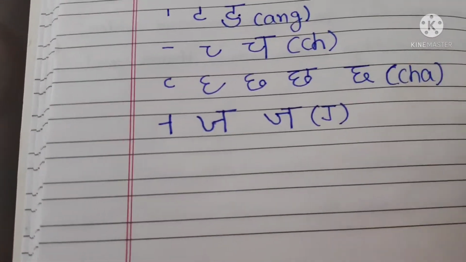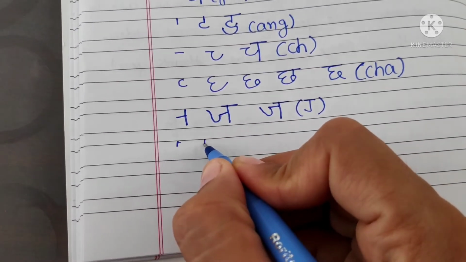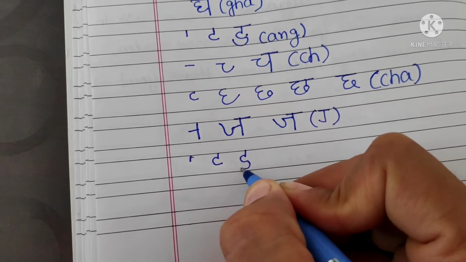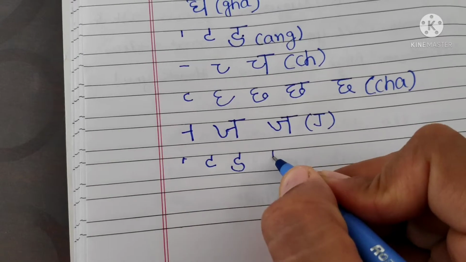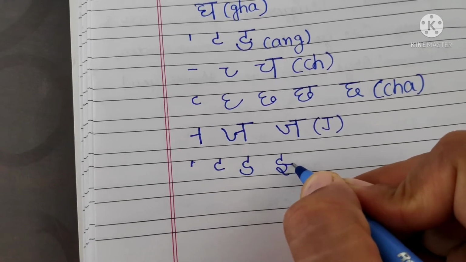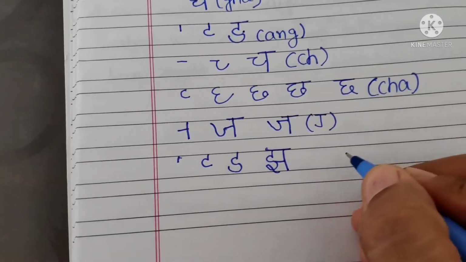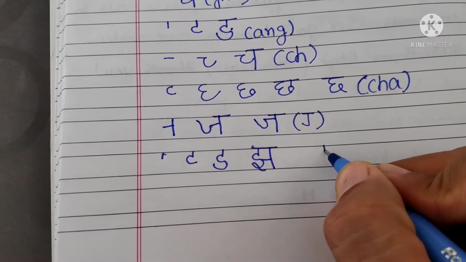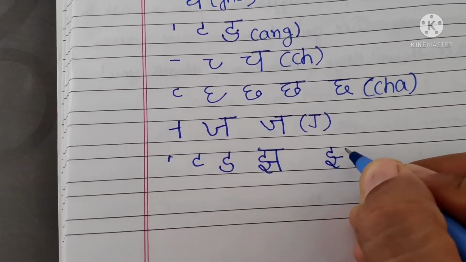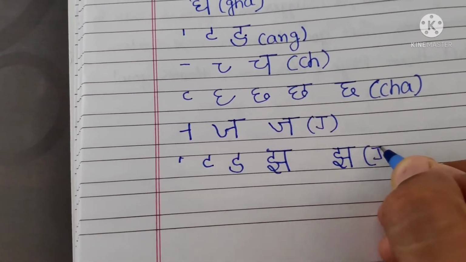Next letter is j. So look how we can write j. First little bit standing line, again do like this, little C, repeat the step, this, then turn like this, again repeat this, and turn like this. After that make a sleeping line here and then standing line. So this is our j. One more time I am writing, look, this, and then turn, sleeping line and standing line. So this is our j. J alphabet in Hindi.